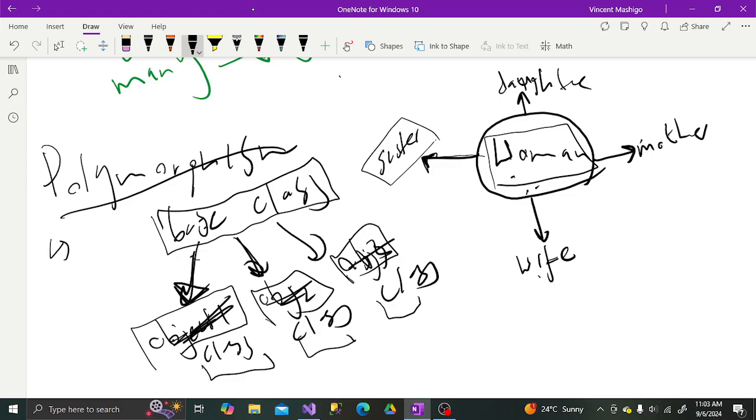So this is inheritance. Not all women are sisters or can be sisters. Not all women are daughters, depending on who's looking, and not all women are mothers, not all women are wives, but